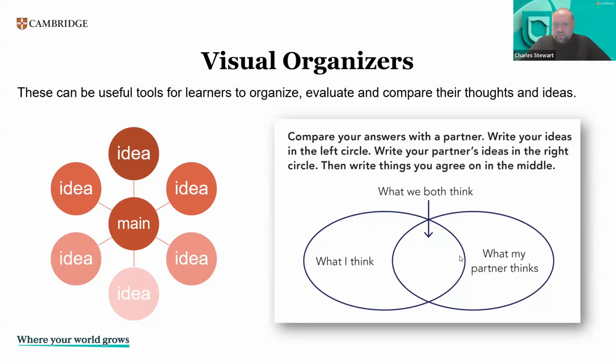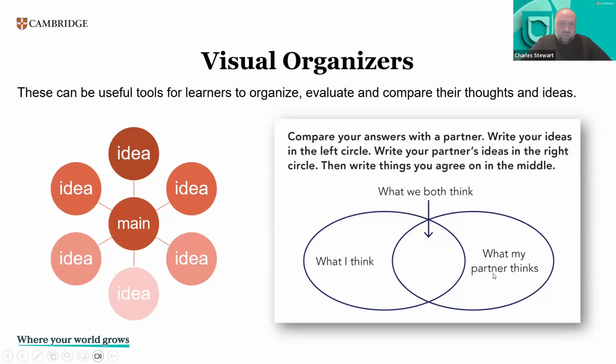But you could also do something like this. What is this diagram called? This is a concept map or spider diagram. This is called a what? This is called a Venn diagram. Basically, what Venn diagrams are: two circles or two ovals like we see here on the screen. Here, you write facts about something. Here, what I think, what my partner thinks. But then the area that overlaps is the common component of both of them. So what I think, what my partner thinks, what we both think.